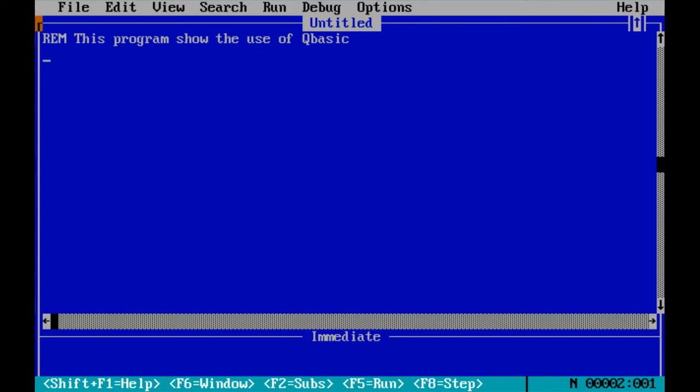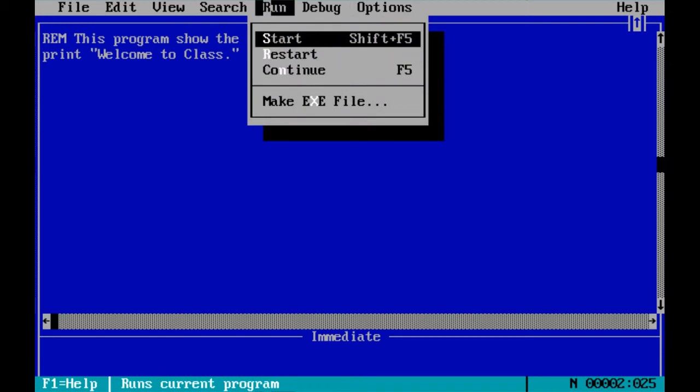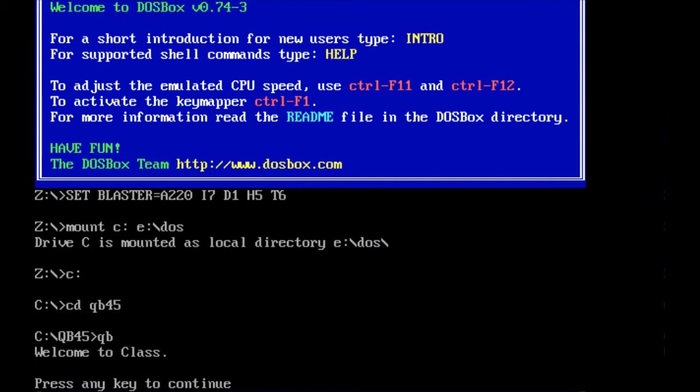Next is print. Welcome to class. So after typing this program, when you click on run command, it executes, and here you can see welcome to the class, but